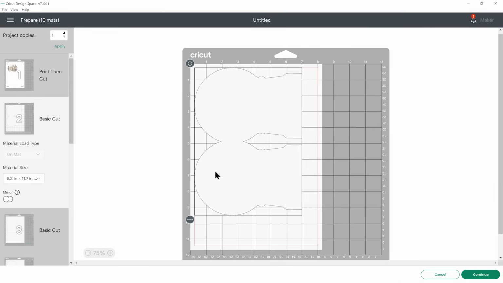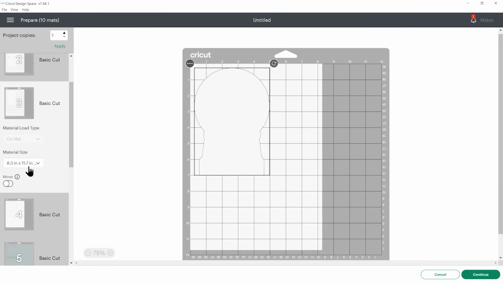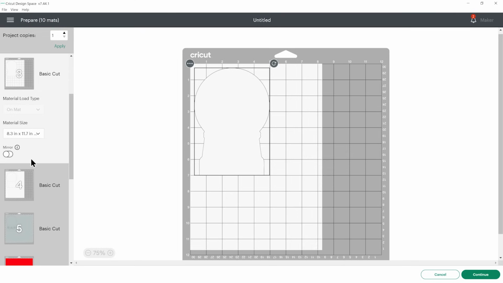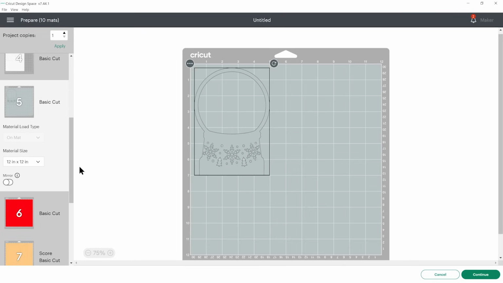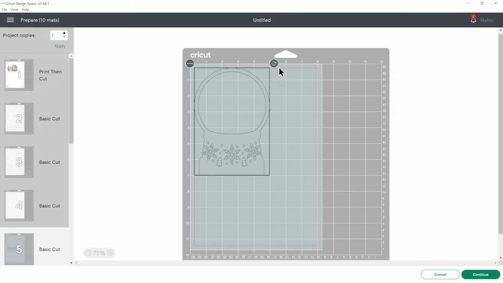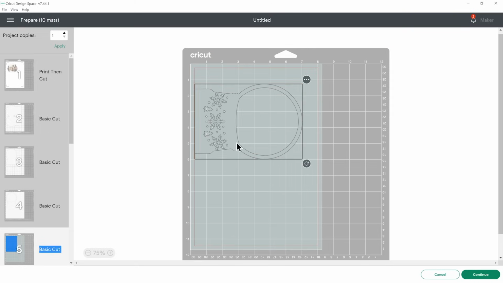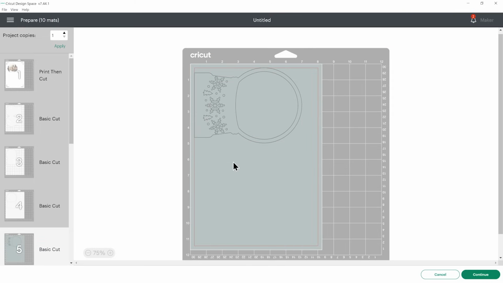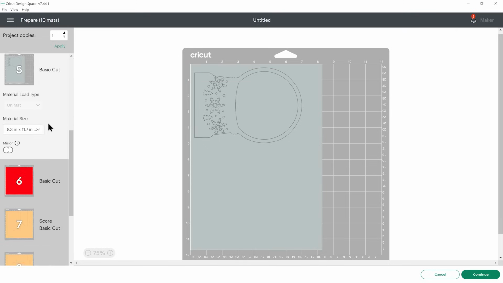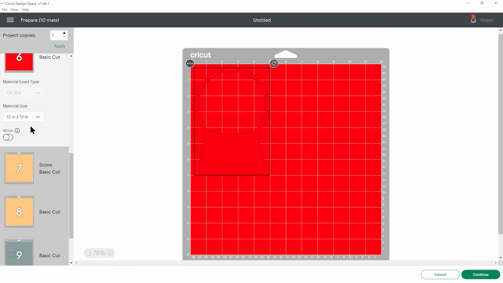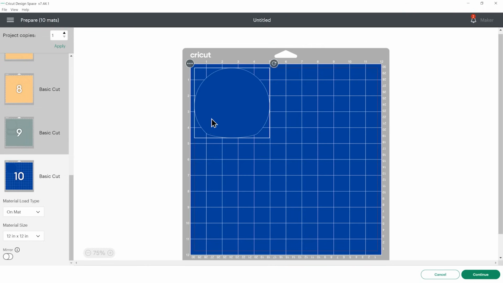Can change the paper size, and you do need to change that for every colour. Let's go A4 on that one, and I like to rotate this around and put it at the top. It just means it will take up less space. I can use all of this area on the card another day for another project. My red one, remember red is from the craft foam. And the blue at the bottom will be cut from acetate.